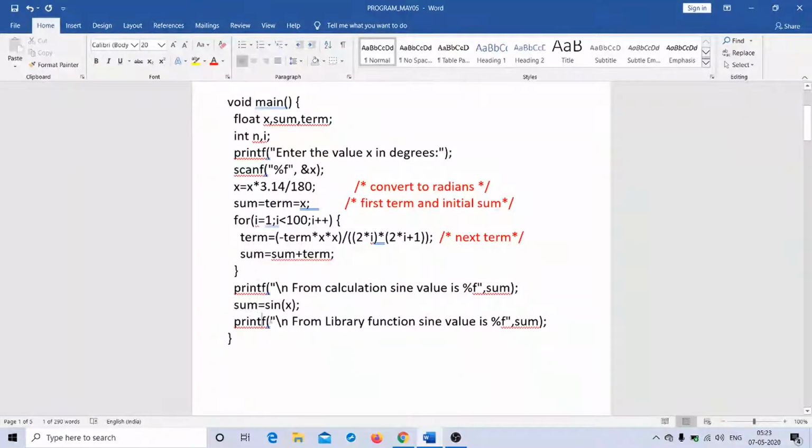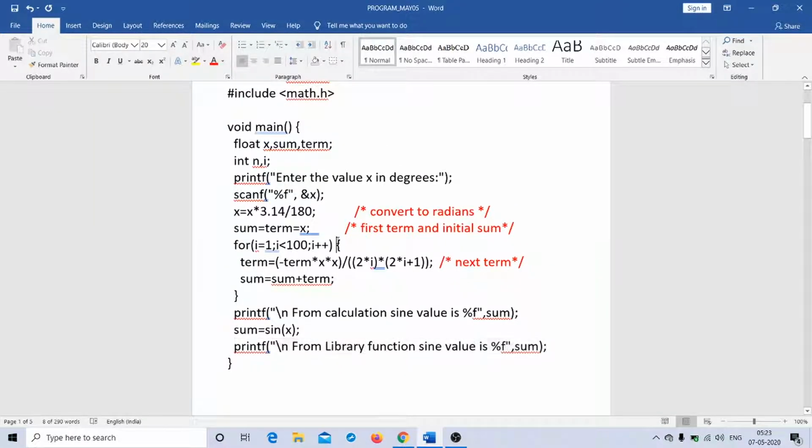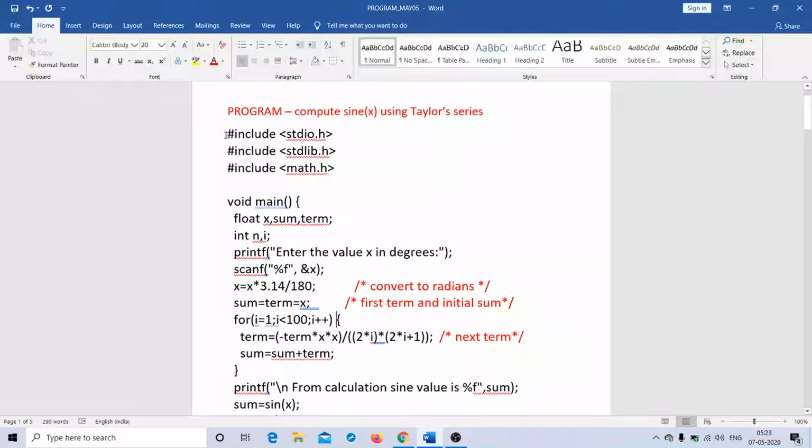That value I print with a printf statement here. The bottom line is that this printf will print the value of sine from my calculation method, and the second printf will print the value of sine from the library function. So let us see whether this program works or not.